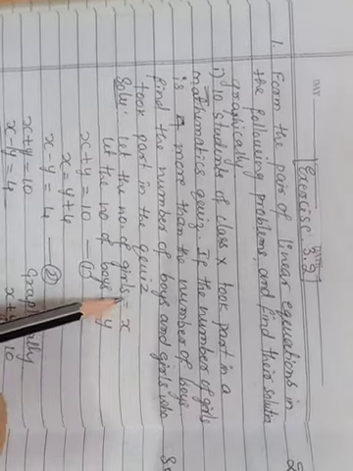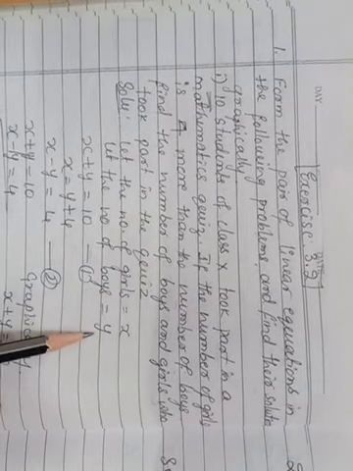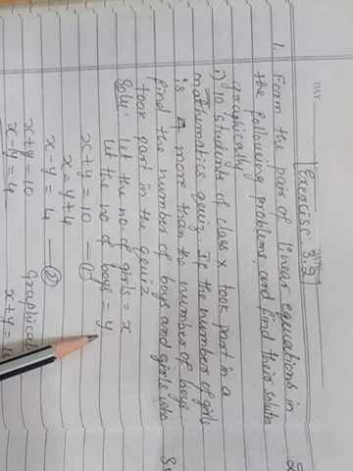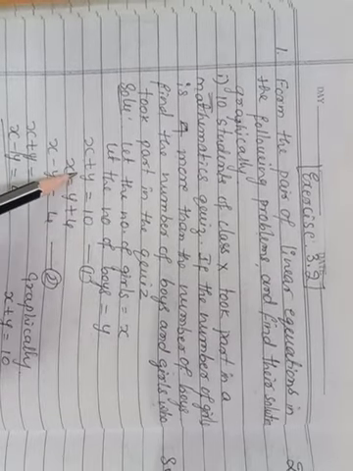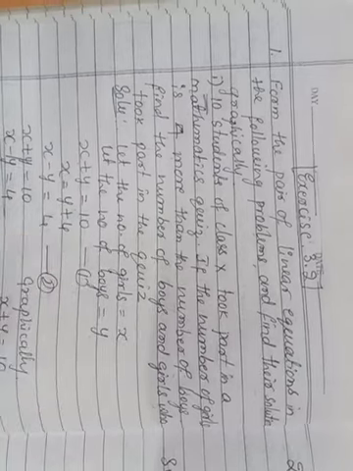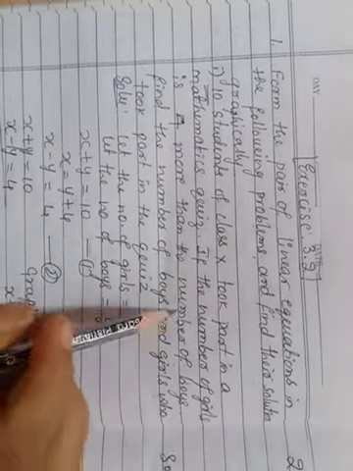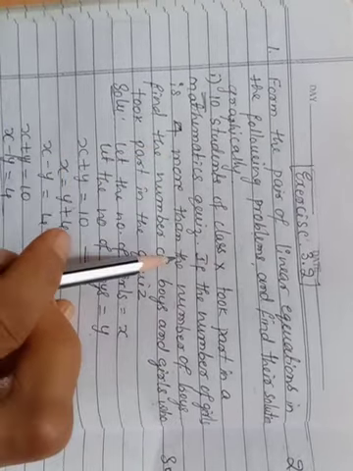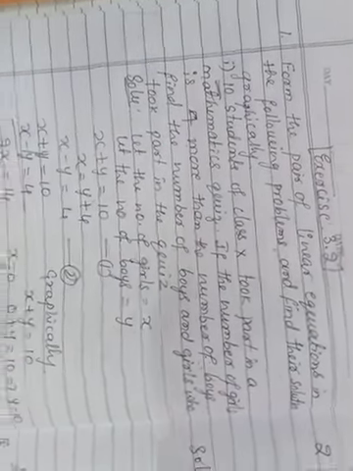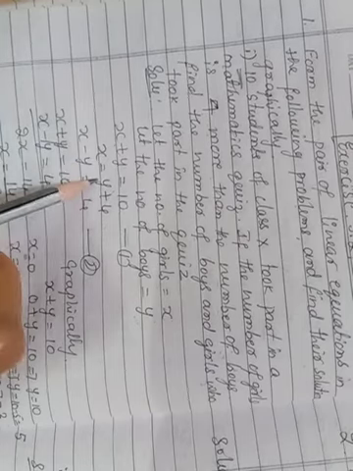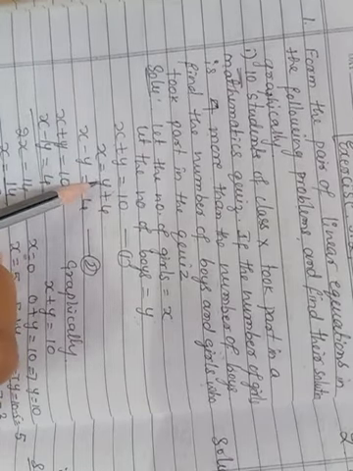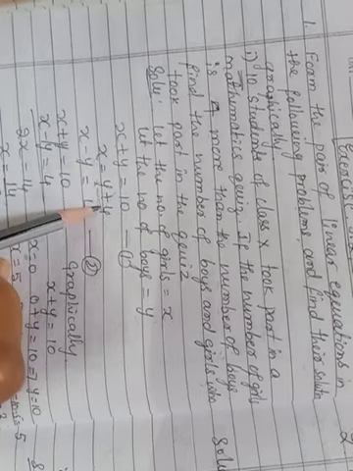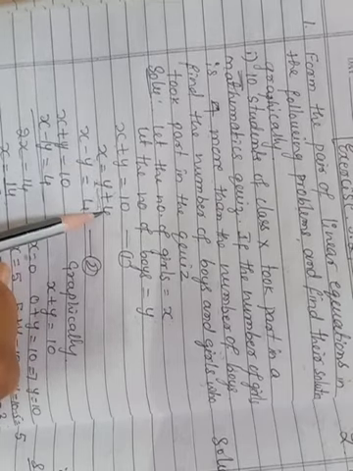That's why I am taking girls as x and the number of boys as y. So altogether boys and girls, how many are there? 10 are there. That's why it is x plus y is equal to 10. But there is one more condition. What is that? If the number of girls is 4 more than the number of boys, that is x is 4 more than the number of boys. Boys is y. How many more? 4 more. So you are getting one more equation: x is equal to y plus 4.